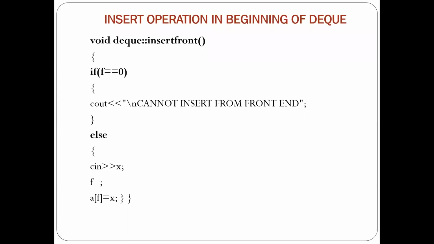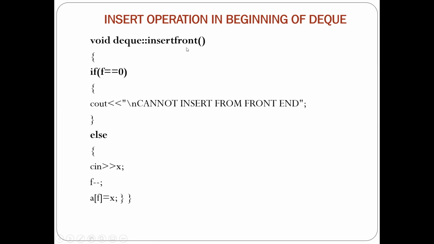While implementing operations, in case of the double-ended queue, we can implement a total of 4 operations. Like in the linear queue, we can implement only 2 operations, insert from the rear and delete from the front. But here, in case of the double-ended queue, we can implement 2 insert operations and 2 delete operations. First we'll see the insert operation in the beginning of the DQ, that means insertion from the